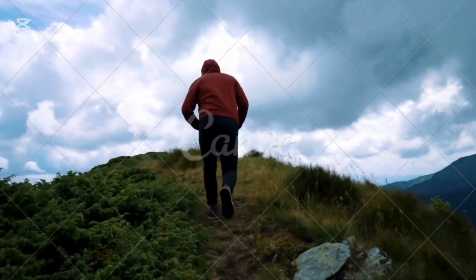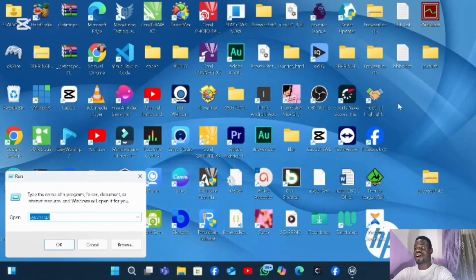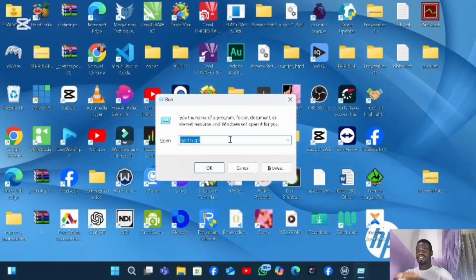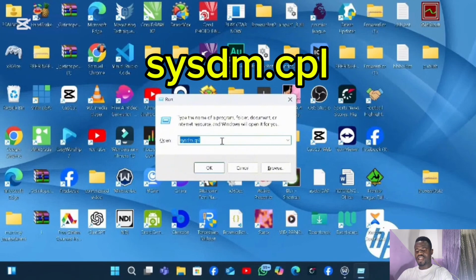So when your computer is lagging, instead of you going to Computer Village or any other place they sell computers, just come straight to your computer and press Window R. So when you press Window R, what you're going to do is you just put this code as you can see it on your screen,